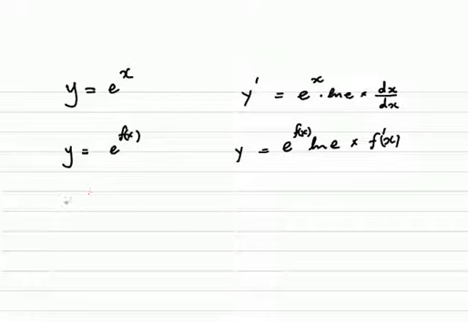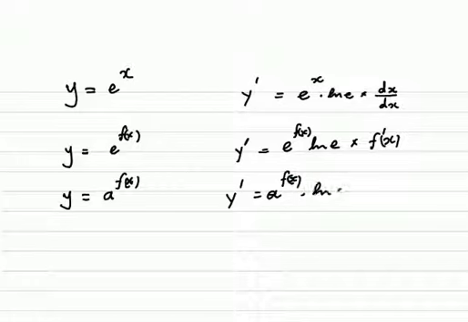Using a general base, which is not natural, we say a to the power f of x, and the derivative will be a to the power of f of x multiplied by ln of a multiplied by the derivative of the argument. Now, as I've said, if we integrate a function